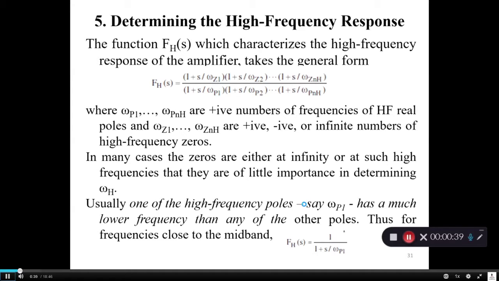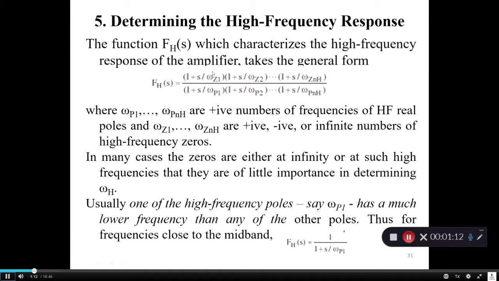Determining the high frequency response. Similar process to the low frequency response, the high frequency function which characterizes the high frequency response of the amplifier is of this general form: Fh(s), H means high frequency, s domain, is equal to 1 upon s divided by omega Z1, omega Z2, omega Zn. And the denominator for the poles: 1 plus s upon omega P1, omega P2 and so on, where